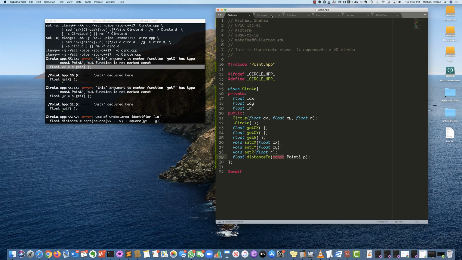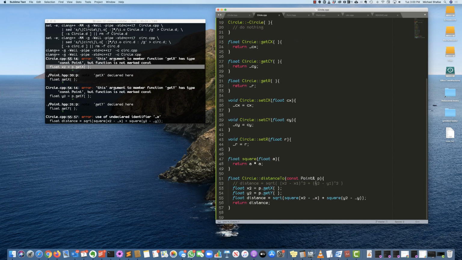Let's hop over there and take a look at this. See, this is const, meaning it's not changing. But yet inside of this function, or this method I should say, I'm calling two other methods on these lines here where it's calling methods that it can't tell whether it's const or non-const, because those methods, get x and get y, might actually be changing p. So a way that we can address this is by telling the compiler that get x and get y do not change p. The solution to this is we go over to